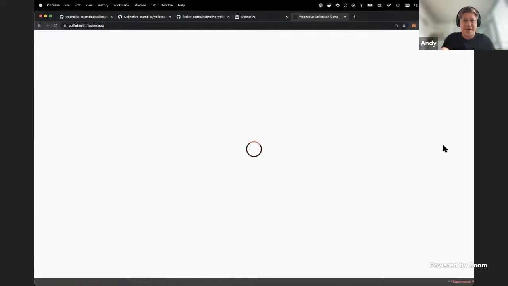And so there's some things happening in the background here that I'll talk through, but essentially we're registering the user within web native itself. And the next thing that's going to happen is,